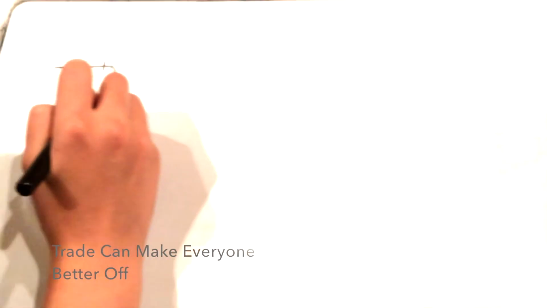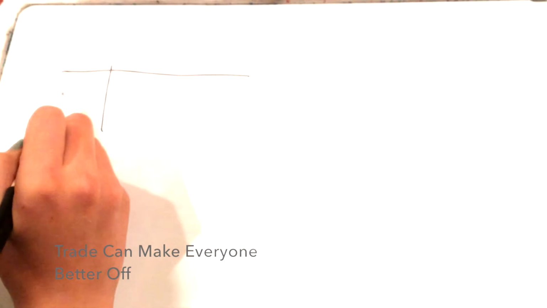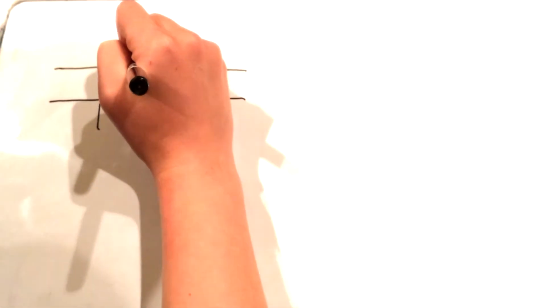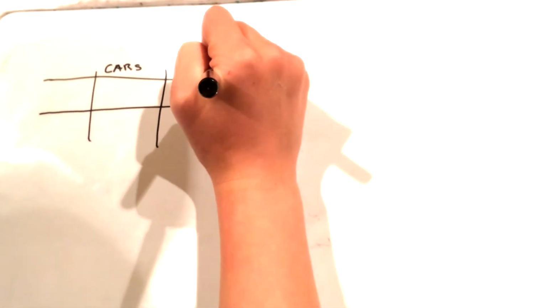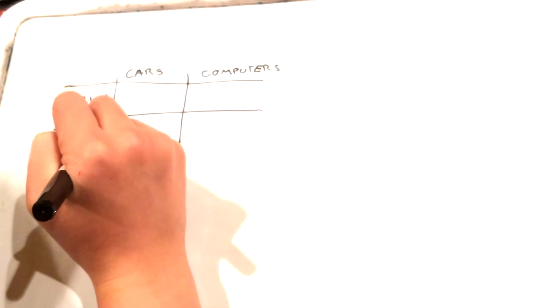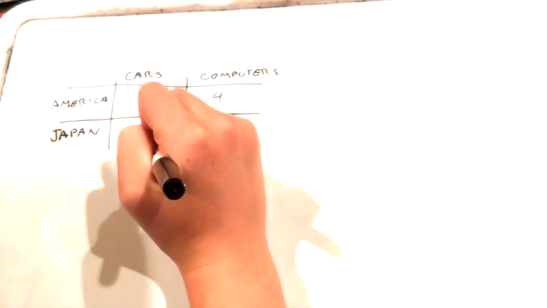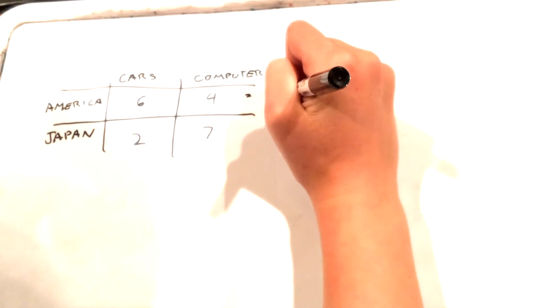5. Trade can make everyone better off. When a country specializes in one thing, it gives them a comparative advantage in producing and manufacturing that product. Trade allows each country to specialize in what they do best, and trade this output for the output of other efficient producers. When two countries trade with each other, they are both better off because they specialize in one thing, with a lower opportunity cost, and gain more goods in the process.